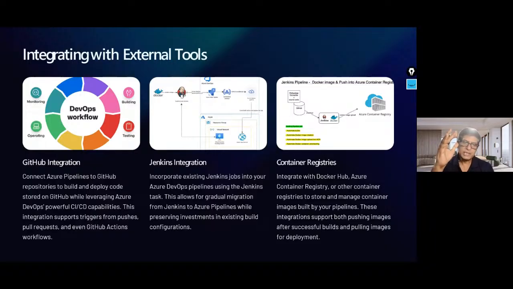One, Jenkins, let it run with whatever the old pipeline structure it has. I don't want to disturb it, but I will integrate with that Jenkins pipeline, take its output as an input to the new pipeline that I've built over Azure DevOps, and carry on forward, because Azure DevOps is much more advanced than Jenkins. Then I can use Docker images, because most of the deployments nowadays are through Docker images,